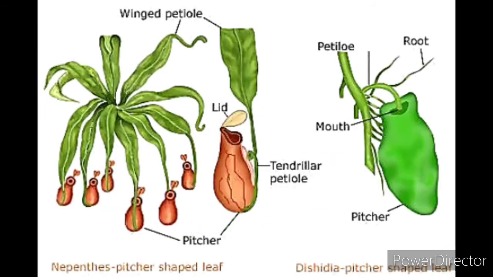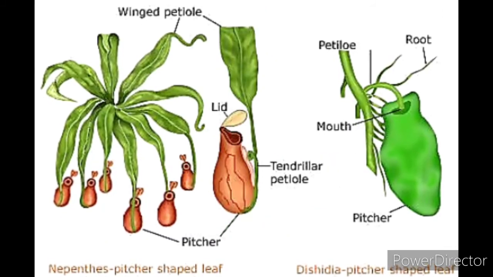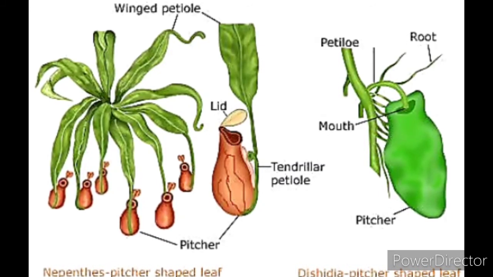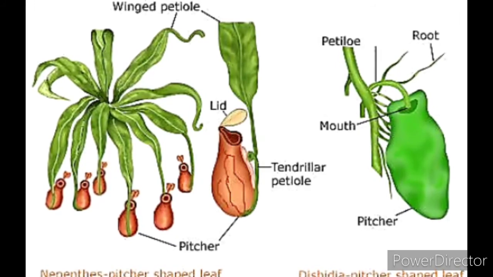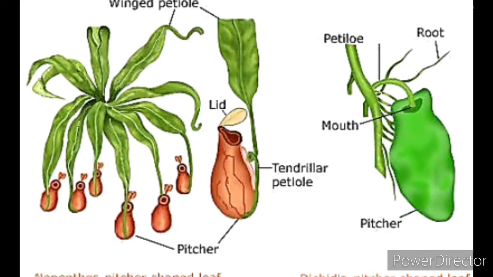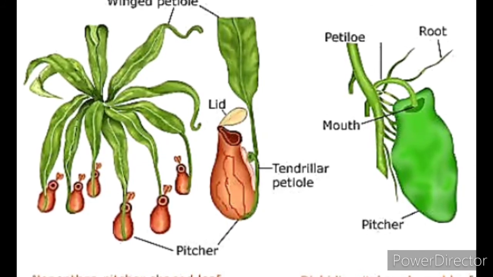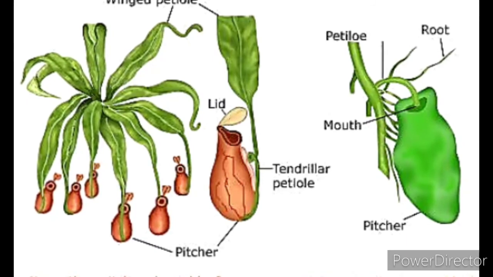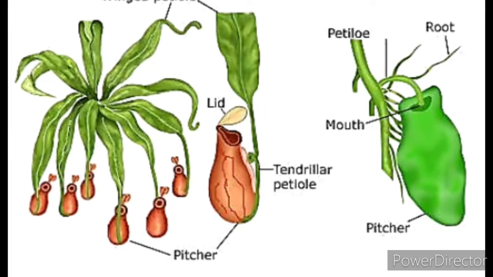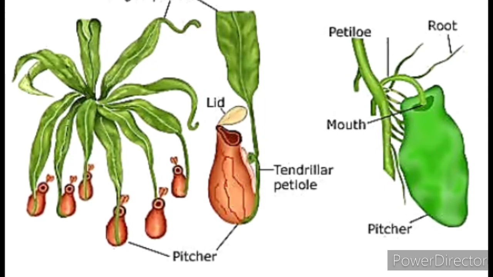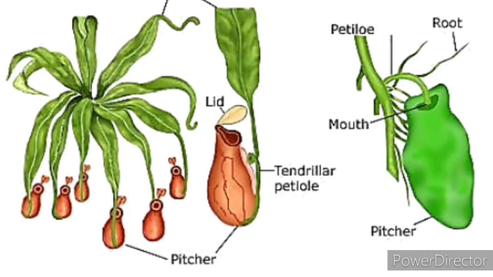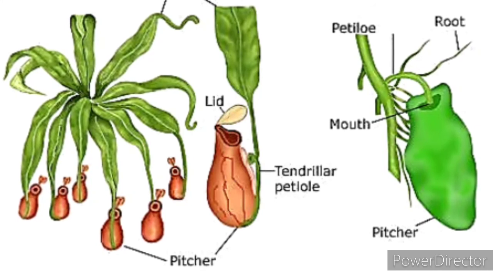And now we are seeing the Nepenthes plant. It is an animal-eating plant. It eats small ants and insects. This kind of plant secretes nectar juices to attract small insects, and in these sac-like structures they have some destructive enzymes. Due to that, they digest the insects and grab nutrition from them. So it is a parasitic mode of nutrition.